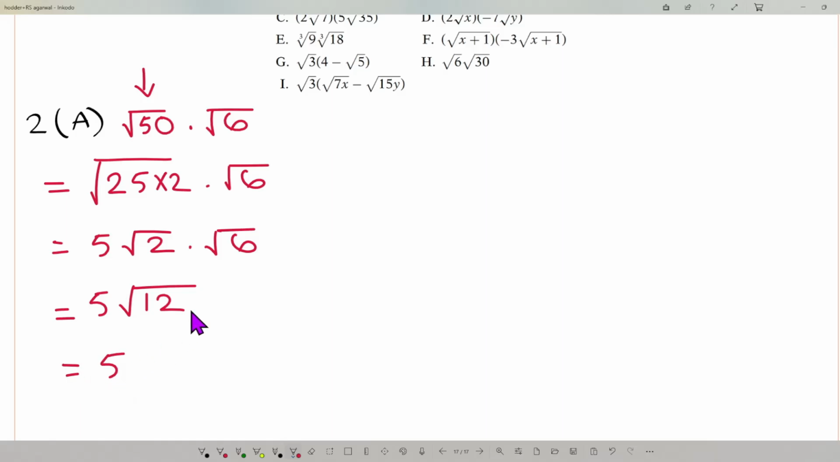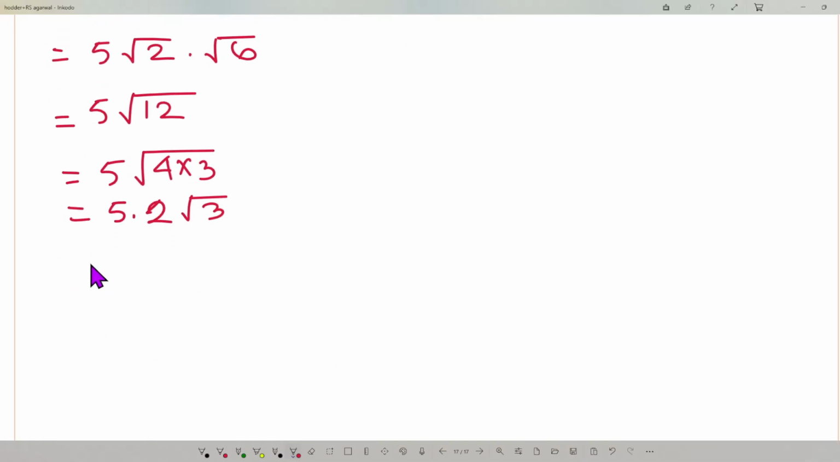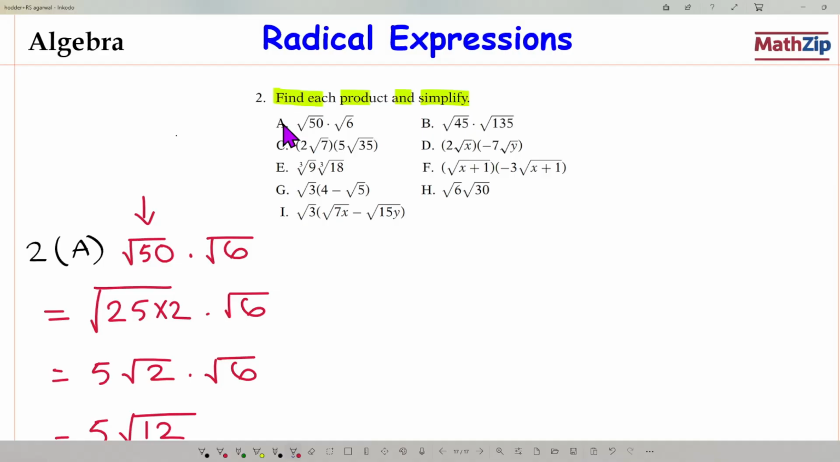Again, from this 12 we have to find the perfect square. It means 4 times 3. 5 root 4, it means 2, and here is root 3. Finally, our answer is 10 root 3. Very simple. I hope you understand. Number A done. Number B,